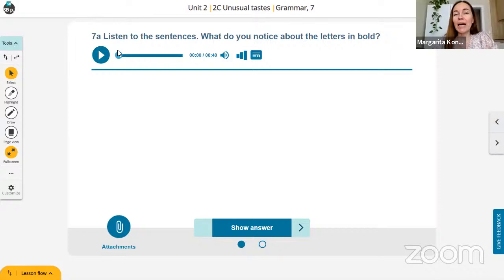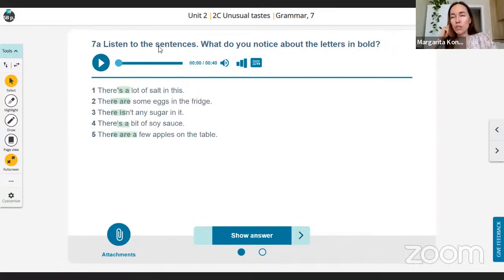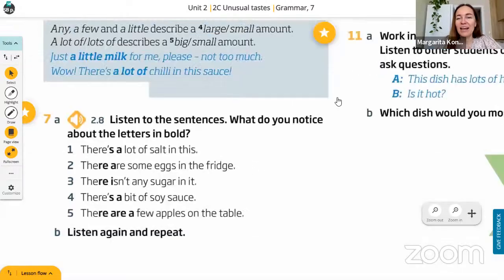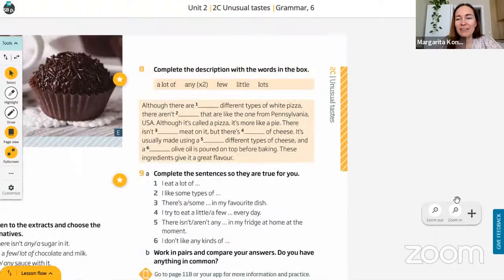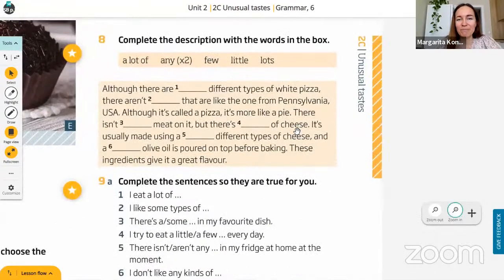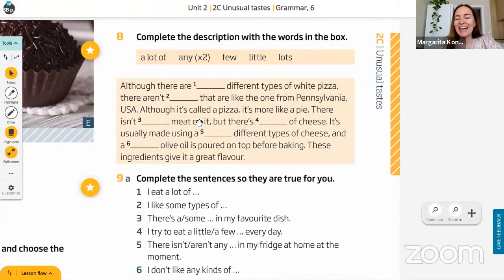Very good. So this is a very useful exercise. Do it at home also. Yeah. Okay. Listen and repeat. Then it will be easier for you to speak faster, right? Okay, now we are going to practice these sentences. We have here a little text. See it here, right? It's about different types of food, but what food? Can you please read it quickly? Ignore the gaps and tell me what is it about?